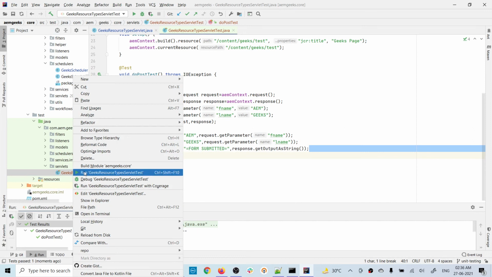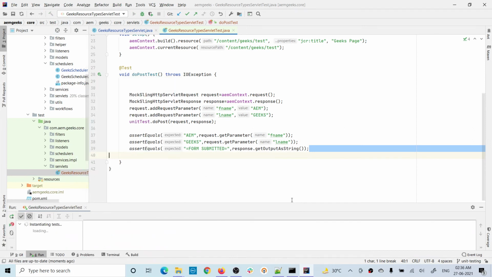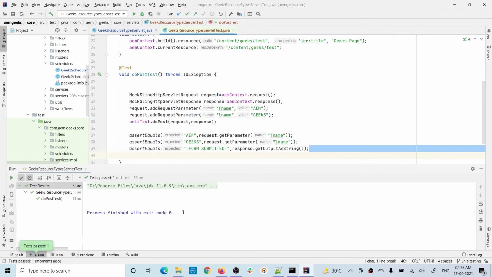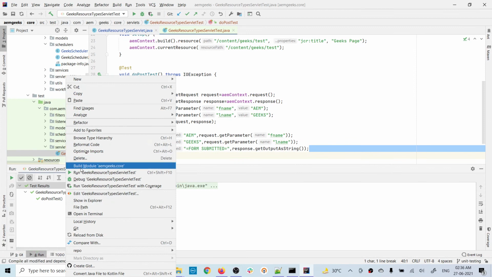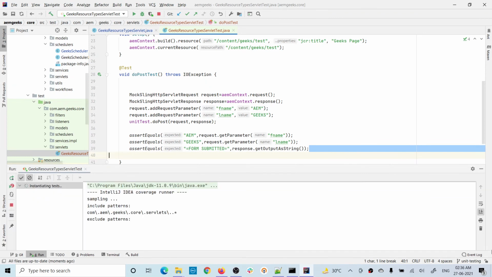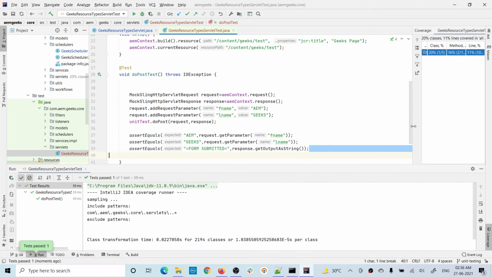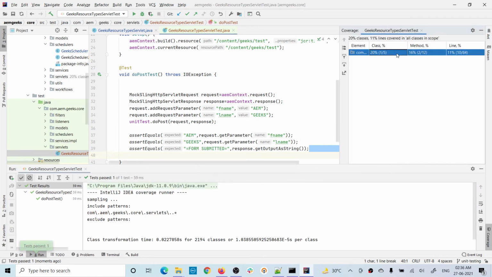Let's run the whole class actually. So the method passes. Let me run this with code coverage so that you can understand how much code we have covered through this method. Let me open that class.